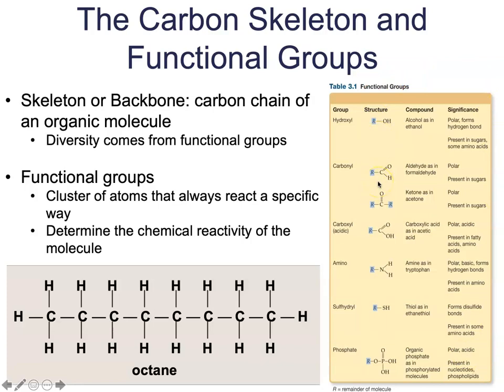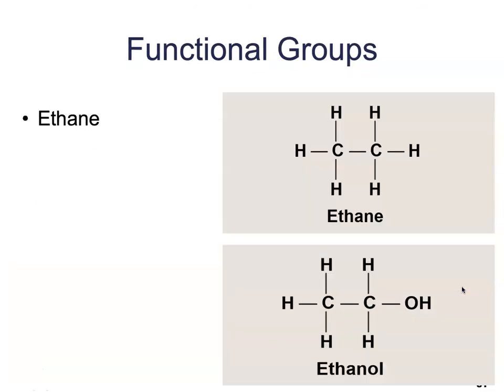For our purposes, I just want you to know what functional groups are. I want you to know what they do and sort of the significance of them as a whole. But I'm not going to ask you to memorize that a carbonyl group is polar and present in sugars. An amino group is going to be polar, basic, forms hydrogen bonds, and present in amino acids. All of that information is going to be very useful. We're going to come back to it throughout this semester, but it's not something you're ever going to need to recall for an assignment. But I just want to kind of explain the functionality or the significance of these functional